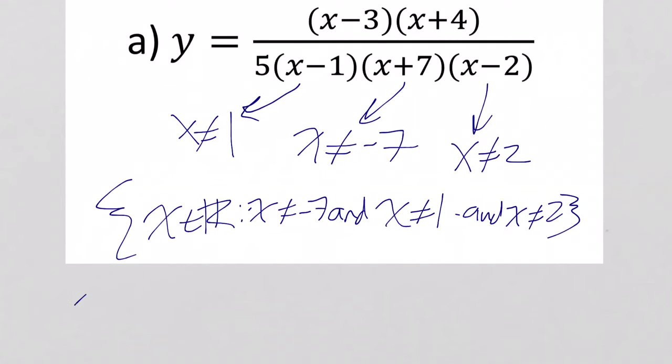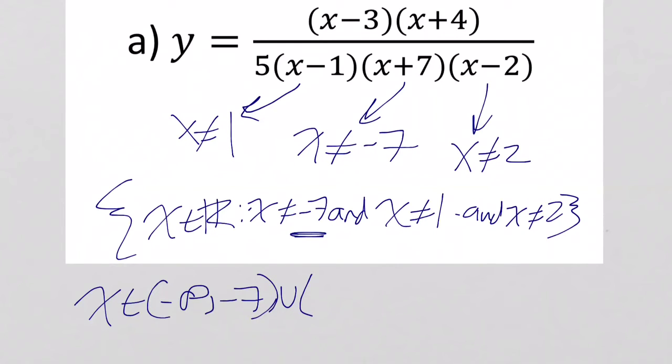If you wanted to do interval notation for some strange reason, you would have to say that x is in the interval starting at -infinity and continuing up until we get to this first awkward bit at -7. And we do not want to include it, so we put a parenthesis, but then we union it with another interval starting at that same awkward bit but not including it, going up to the next awkward bit at 1,